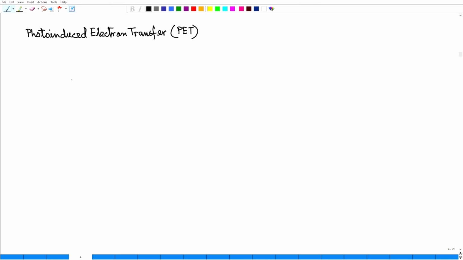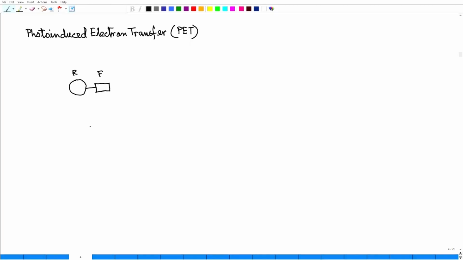So, like we have here receptor, spacer and fluorophore, receptor and fluorophore. Usually the receptor we use has one or two nitrogens and they are attached to the fluorophore, because you have to attach them. This is chemistry, so you have to chemically attach. How do we do that? The simplest kind would be